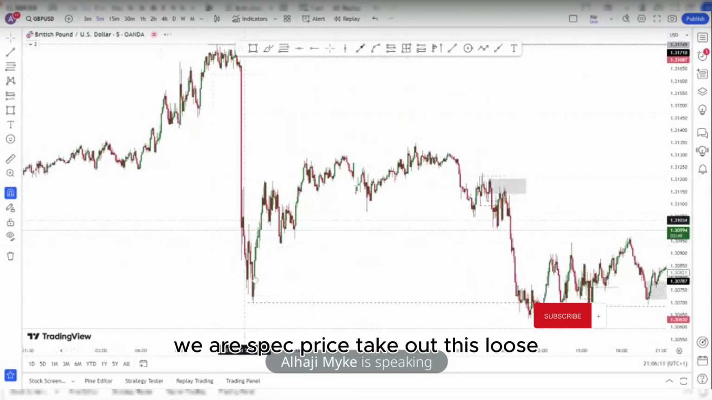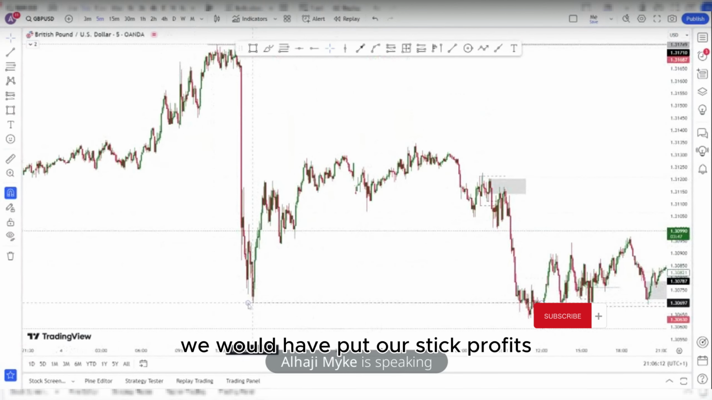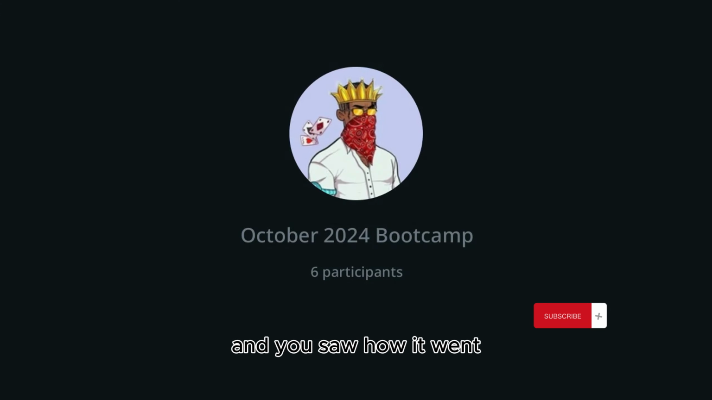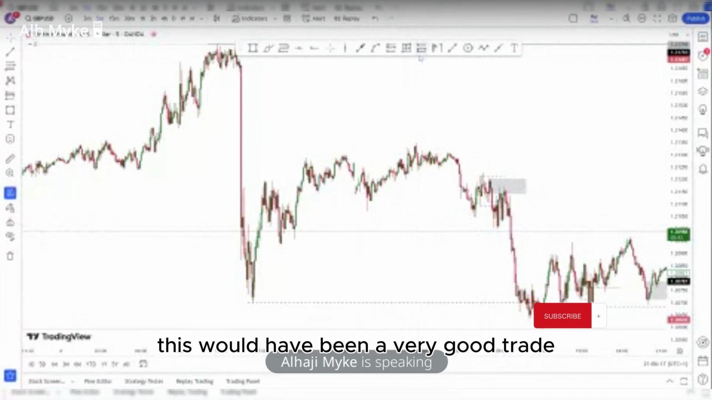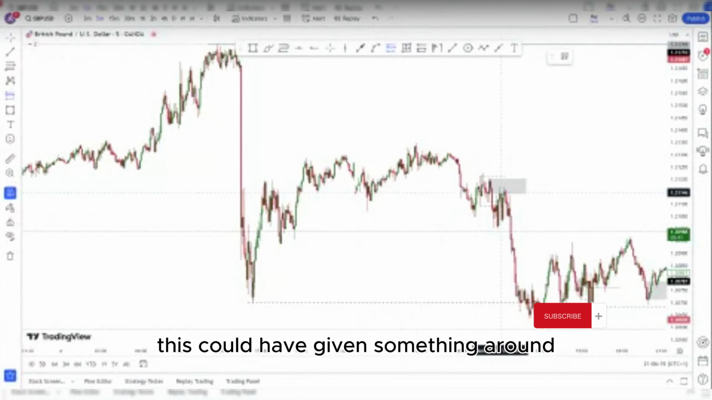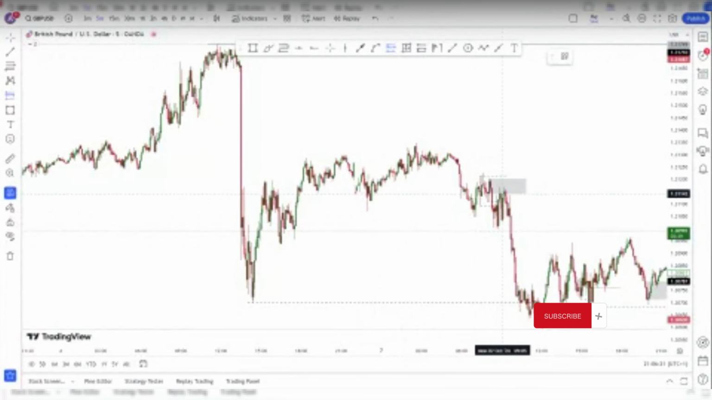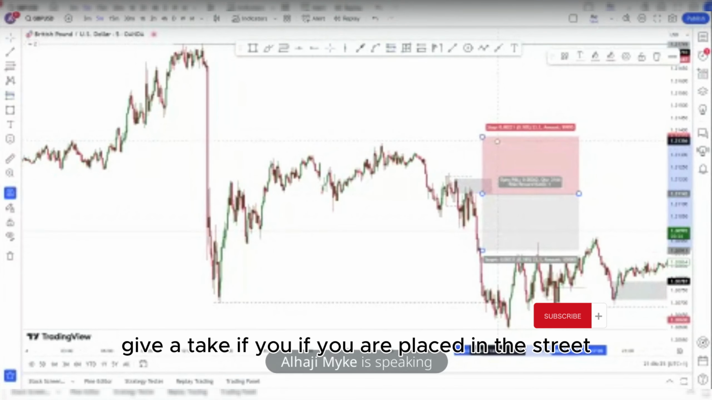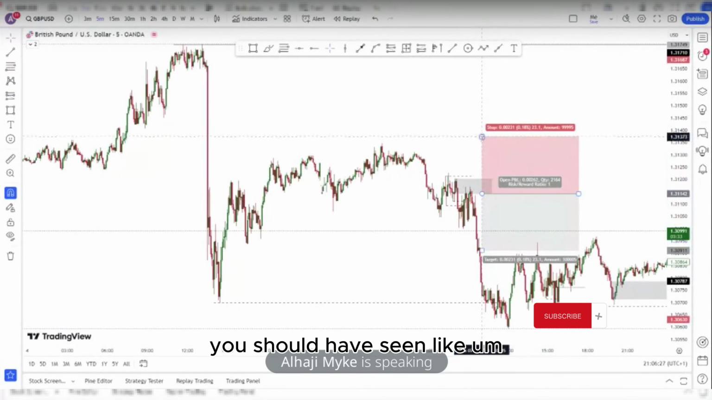in this scenario, we expect price to take out this low. So this would have been where we would have put our take profits. And you saw how it went. This would have been a very good trade. Let me see how many this could have given. Give or take, if you had placed this trade, you should have seen like